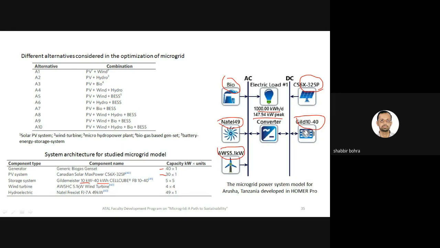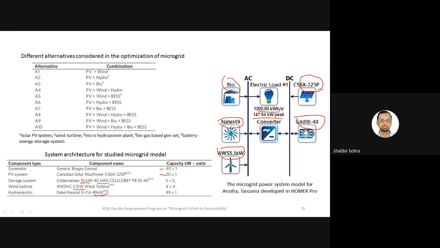The wind turbine is 5.1 kilowatt, and the hydroelectric is the Nuttall free jet type, which is 49 kilowatt of capacity. Okay, so one unit of this Nuttall free jet. Then there are four wind turbines, each having a capacity of 5.1 kilowatt, so in total it would be around 20. Then we have a storage battery of 10 kilowatt, 40 kilowatt hour each, and there are five such